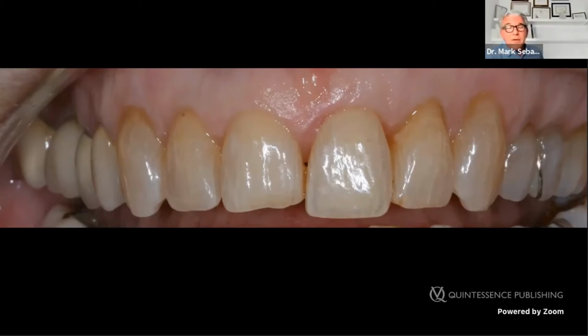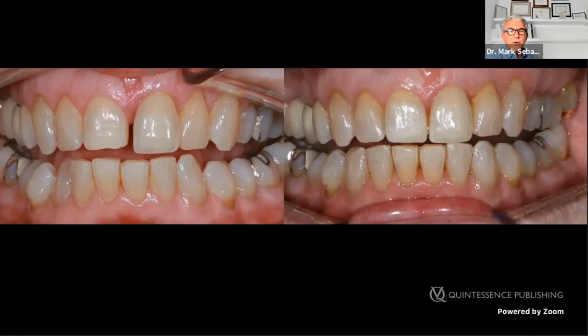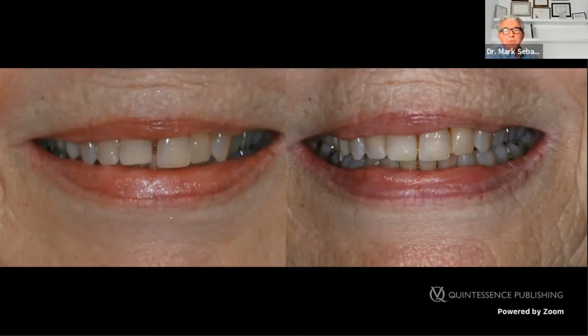And she came a day before her 80th birthday. And she said, okay, now we're finished, just change my front teeth with a little composite filling. And she had her birthday with the new solution for the front teeth. As you can see, we pushed down the lower front. We closed the gap. And this was the smile at her 80th birthday. And she was satisfied and happy.